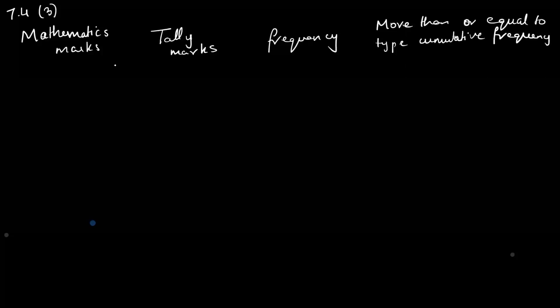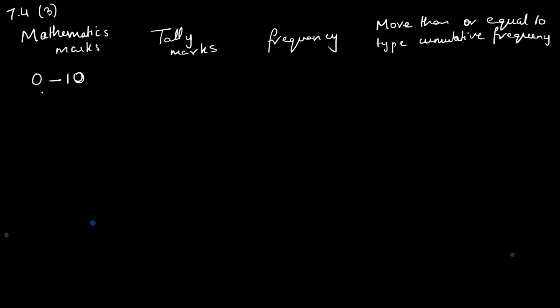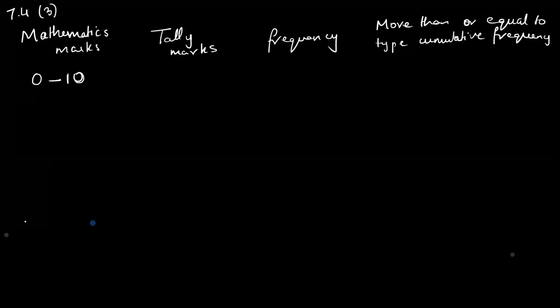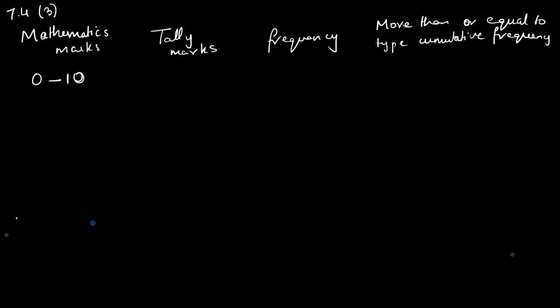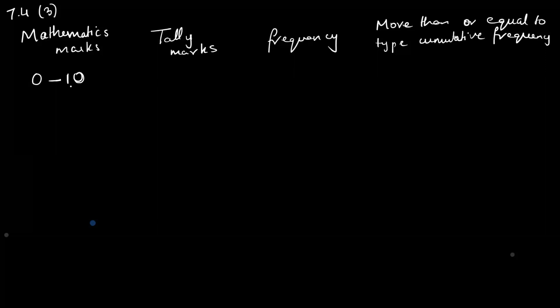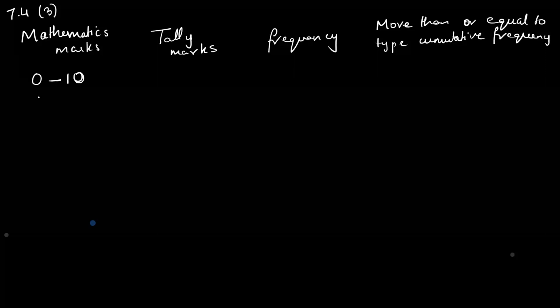Is this going to be a grouped frequency distribution table or an ungrouped frequency distribution table? Grouped. Okay, so what is the first group? 0 to 10. What is another word for group? Class. Yes. Now we can keep going on writing, but you'll have to find out the highest value, so we know where to stop.